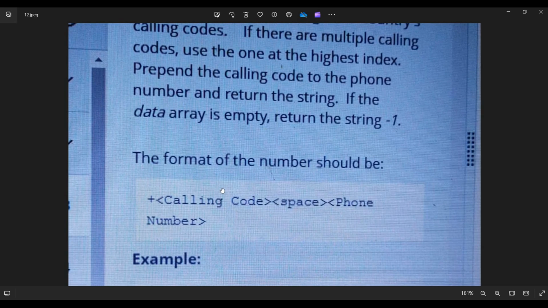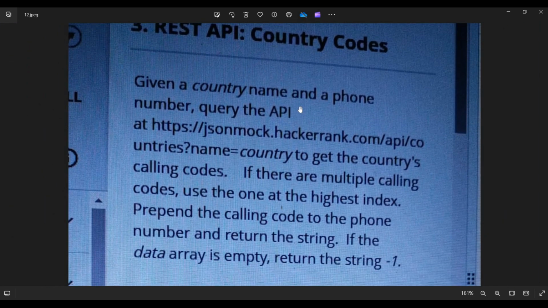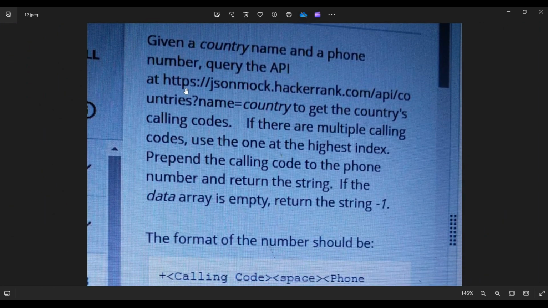So here you go with the next one. REST API country codes, given a country name and a phone number. Query the API at,